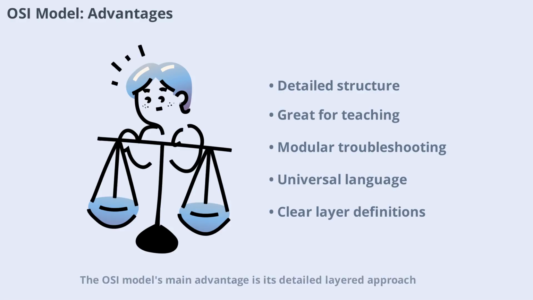The OSI model's main advantage is its detailed, layered approach, which makes it excellent for teaching, troubleshooting, and understanding network communication. Each layer is clearly defined, allowing for modular development and easier identification of network issues. The OSI model also provides a universal language for discussing network functions, making it easier for professionals to collaborate and